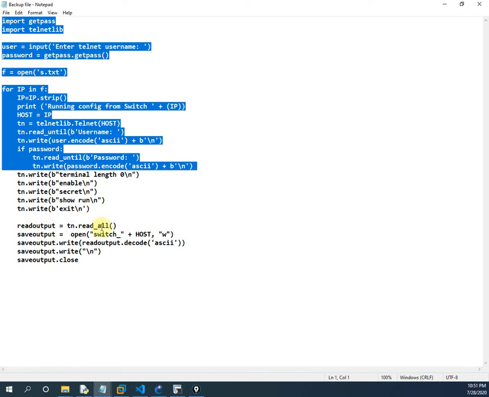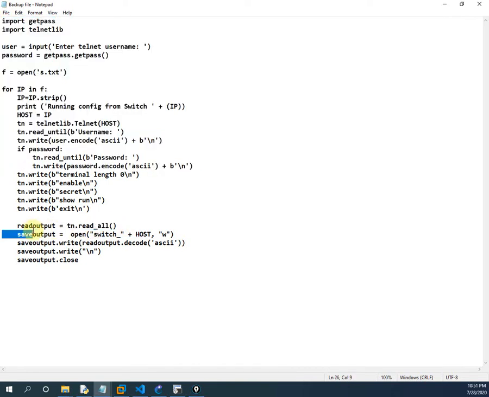I am sending all the read information into this variable, and then I am opening the file. Here we are creating the file, and we are taking the configuration, whatever we run here, show run, storing it in this variable, and then we are writing it in that file. After that, we are saving that one and closing this one.